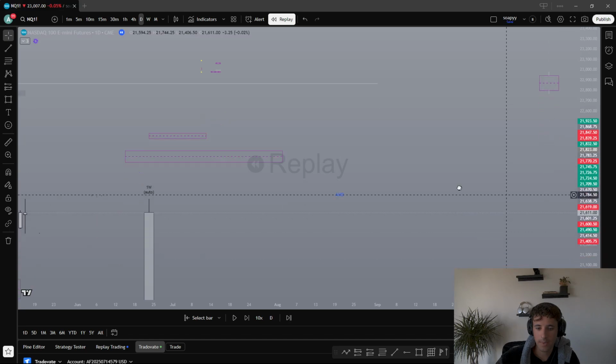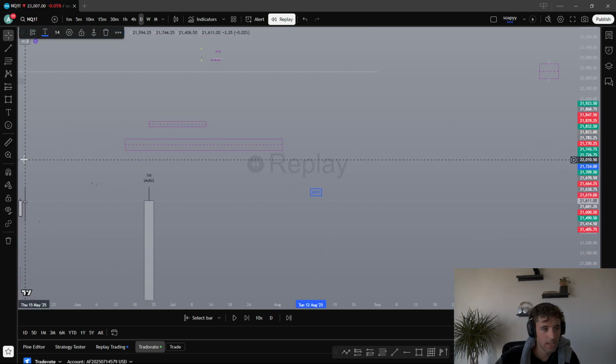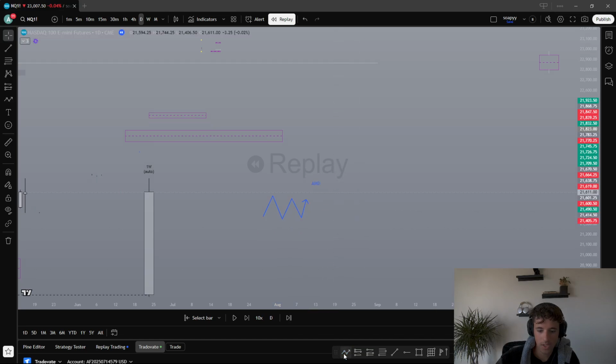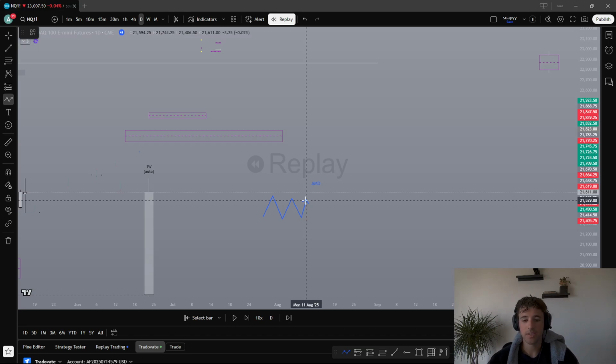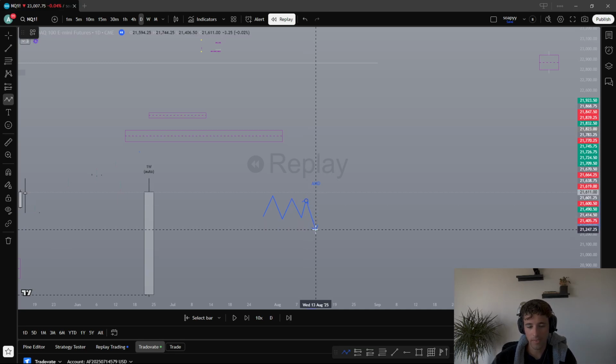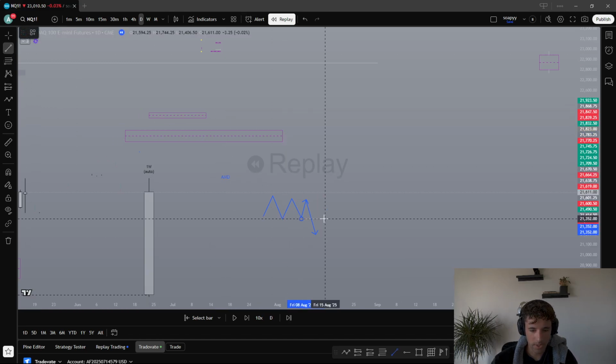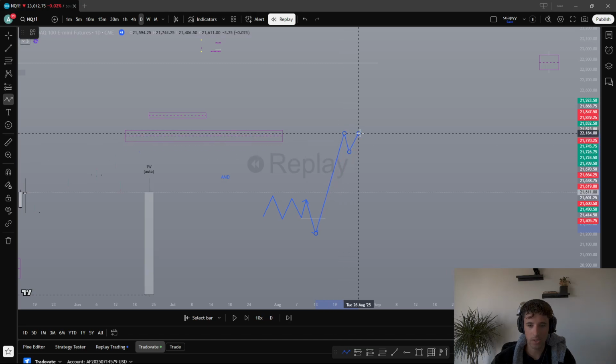So, this concept AMD is accumulation, consolidation, whatever you want to call it. Manipulation, interchangeable, is a liquidity sweep, a turtle soup, whatever you want to call it, of either a high or a low. So let's go with a low. Let's say we take these lows, and these lows get swept. This is our manipulation move because it's not the actual full move. And then we go high and then we close.